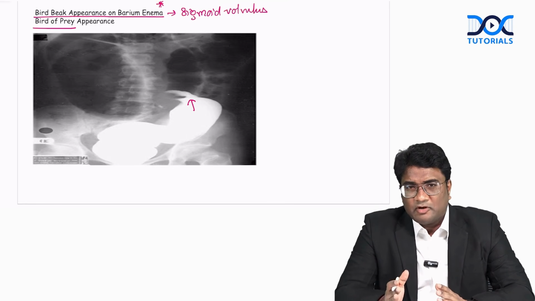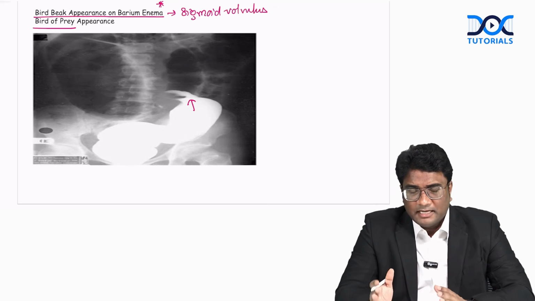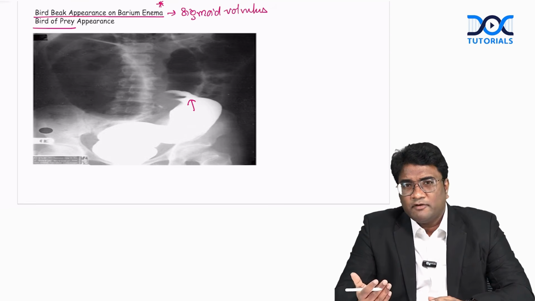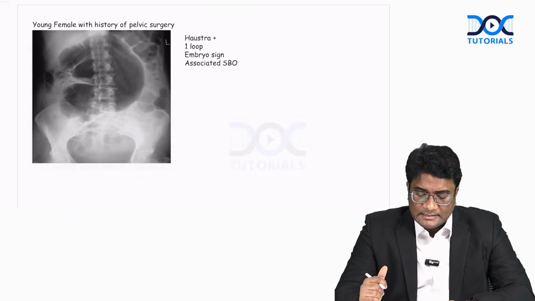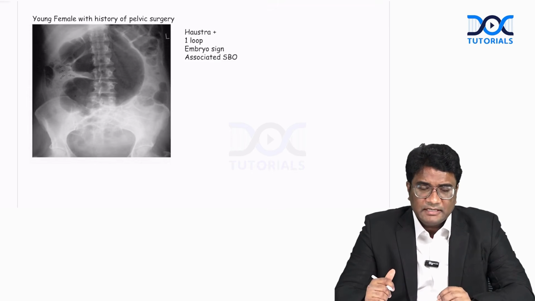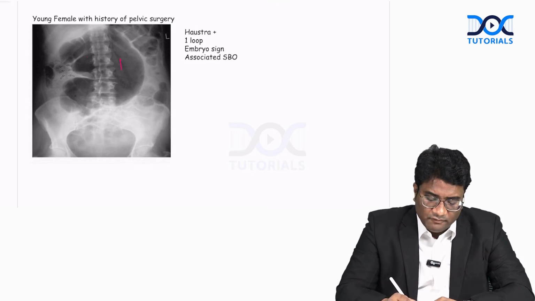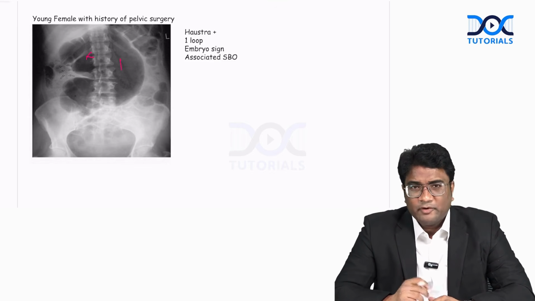Bird beak appearance on barium swallow is achalasia. Bird beak appearance on barium enema is sigmoid volvulus. And how do we differentiate sigmoid volvulus from cecal volvulus? Cecal volvulus, remember, will show you a single loop with presence of haustrations, giving an embryo-like appearance on the